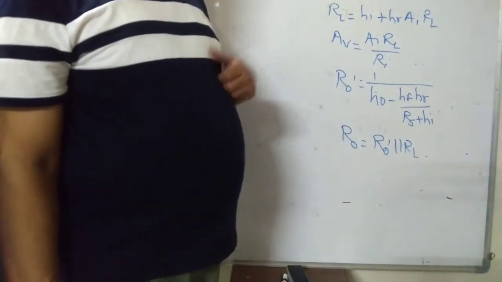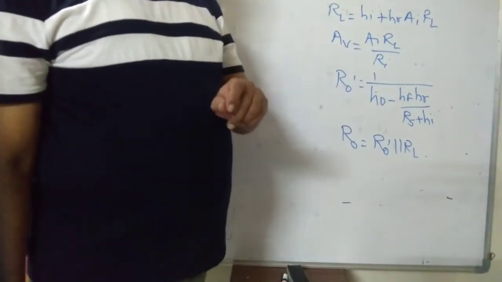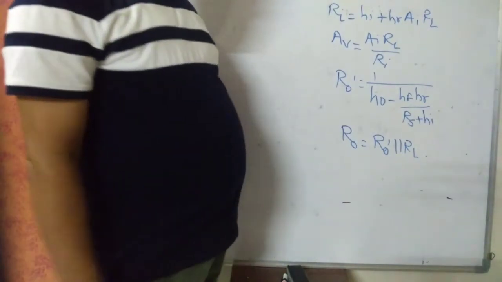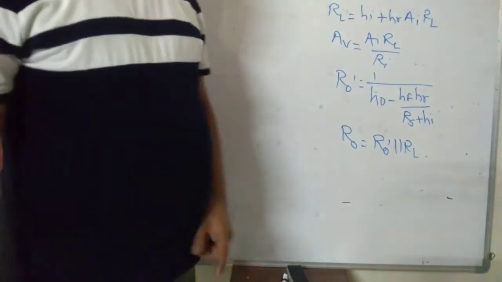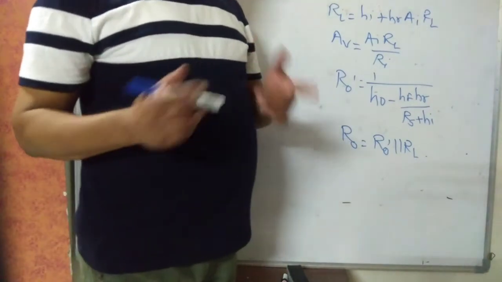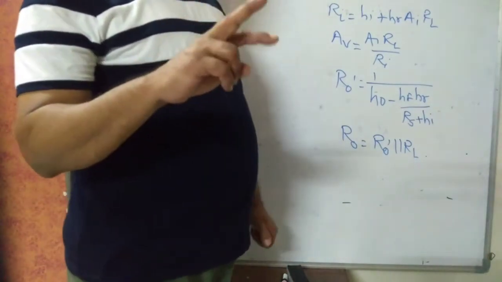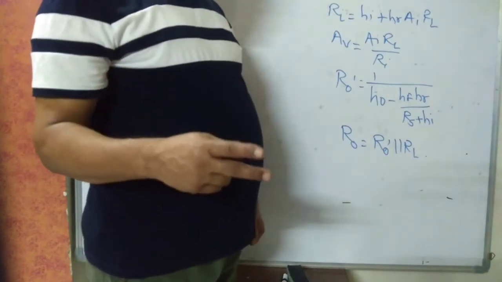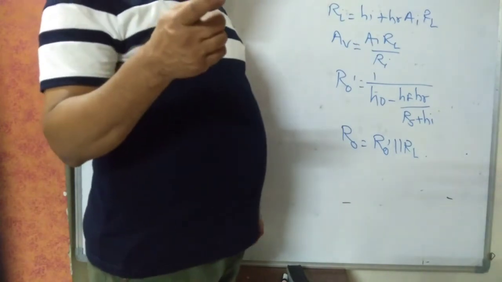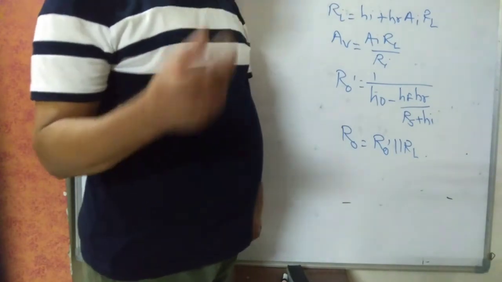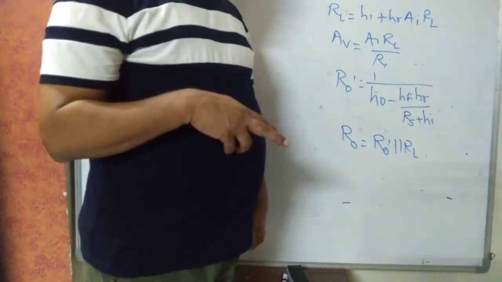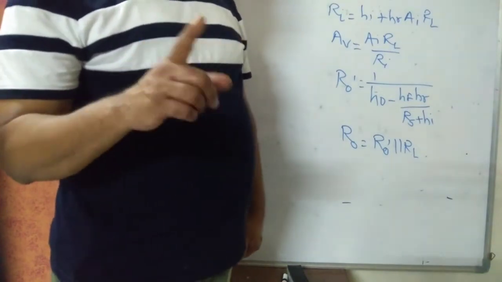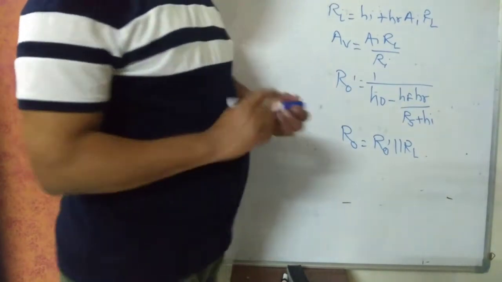Approximate analysis means HRE and HOE both are 0. Or in the numerical, values of HRE and HOE are not given. Only two values are given, HIE and HFE. If only two values, HIE and HFE, are given, or it is mentioned to use approximate analysis, it means that you have to put HRE and HOE as 0.